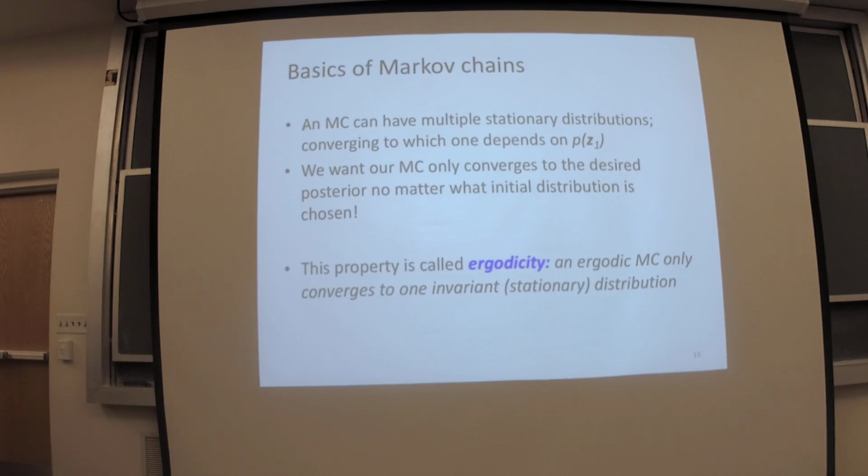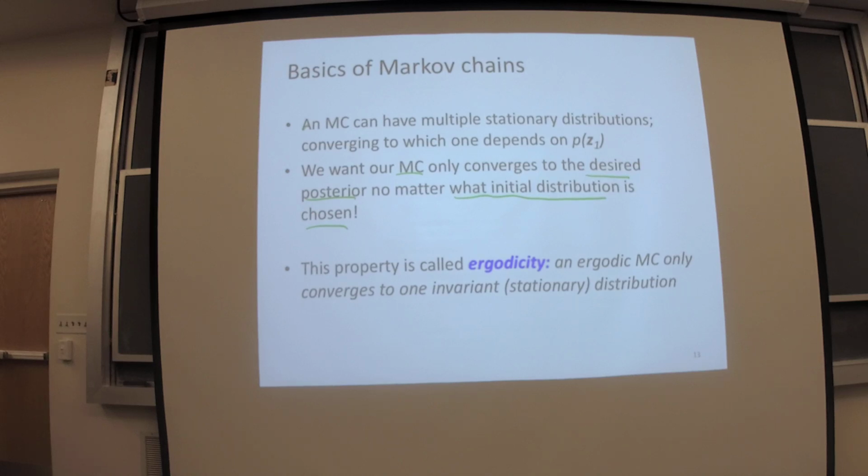So this is obviously not what you want, right? I do not want that when I start from one initialization it converges to the true posterior, and then when I start with another initialization, it jumps to a different distribution, very different from my target. It's not what I want. So in our algorithm design, we want Markov chains to converge only to the desired posterior, no matter what initial distribution is chosen. The question is,